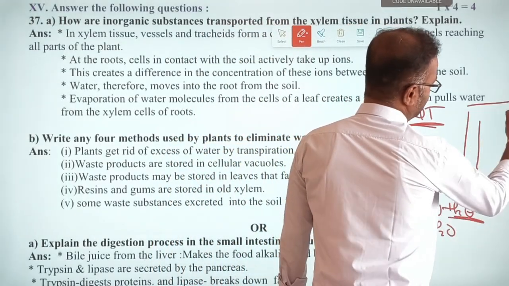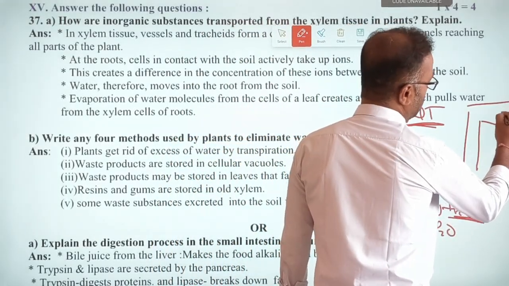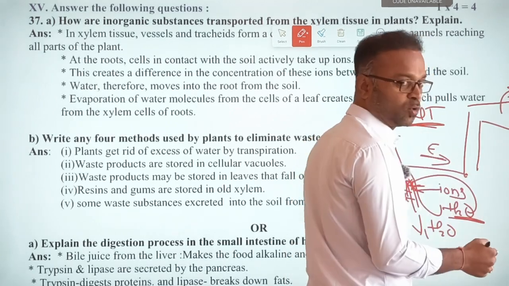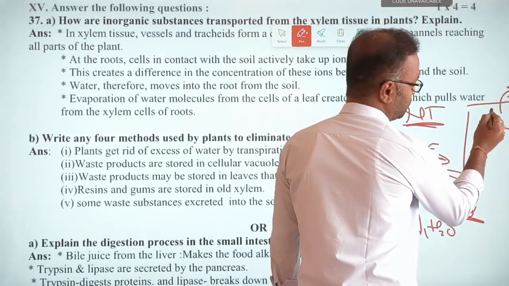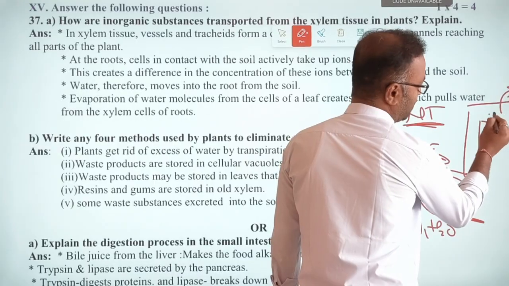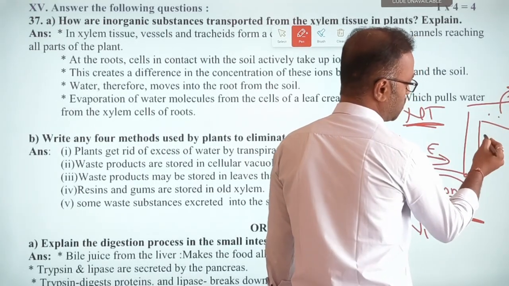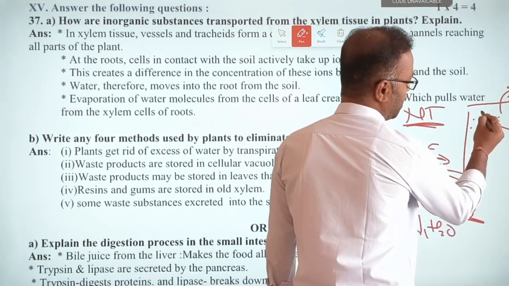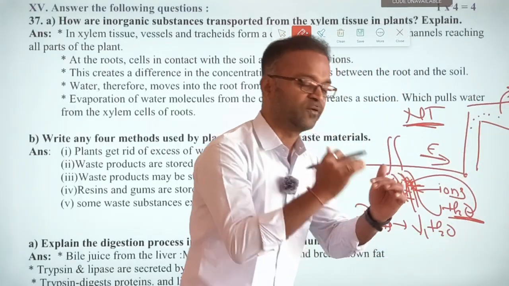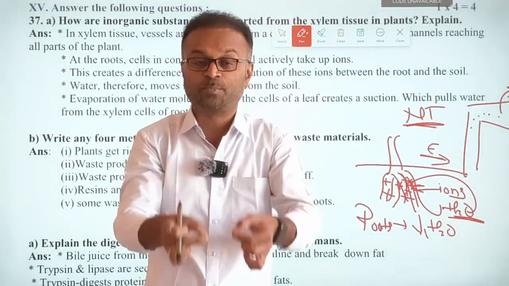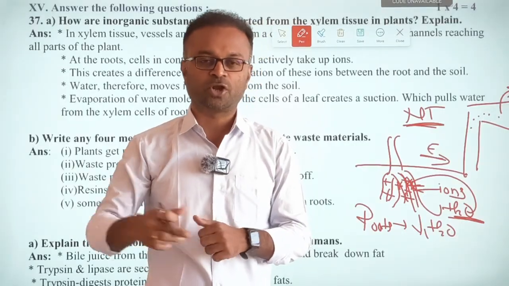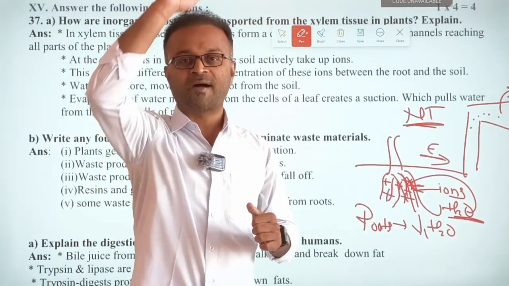Similarly, now imagine this is the leaf, and from the stomata, one water molecule will escape into the atmosphere when the stomata is open. Then here the lower concentration is there. So from here, another water molecule shifts from higher concentration towards the lower concentration. Again from here till here. Again from here till here. A chain of shifting of water molecules takes place. That creates a suction pull inside the xylem vessel, which will allow the water to move from the roots to all the parts of the body.